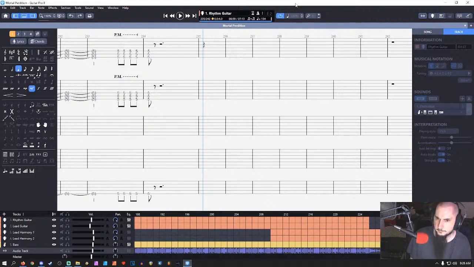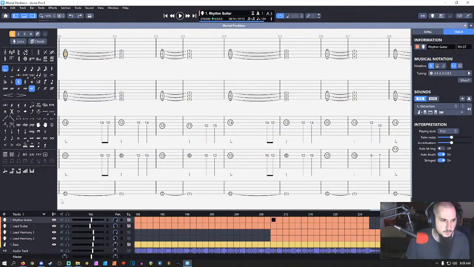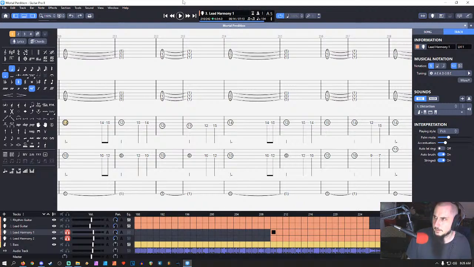Because that last section there for Mortal Perdition could be just me doing the rhythm and carrying that, while the other two can play out the harmonic and melodic content, or whatever you would call this whole thing right here. I'll just mute and play this. I hope it's not going to shred ears or whatever, but